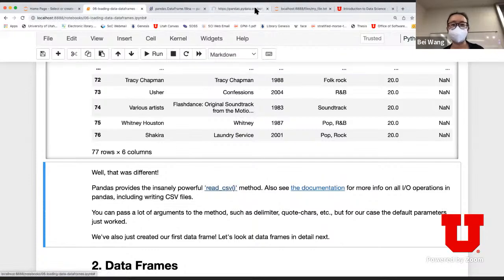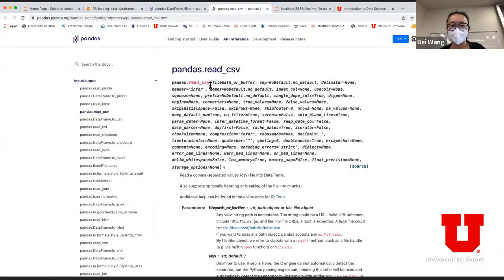Exactly. So let's look at it right here, right? This is a function someone painfully implemented with many, many, many options, okay? For example, if you have a separator symbol in your CSV file, you're going to replace this particular parameter to specify it, right?